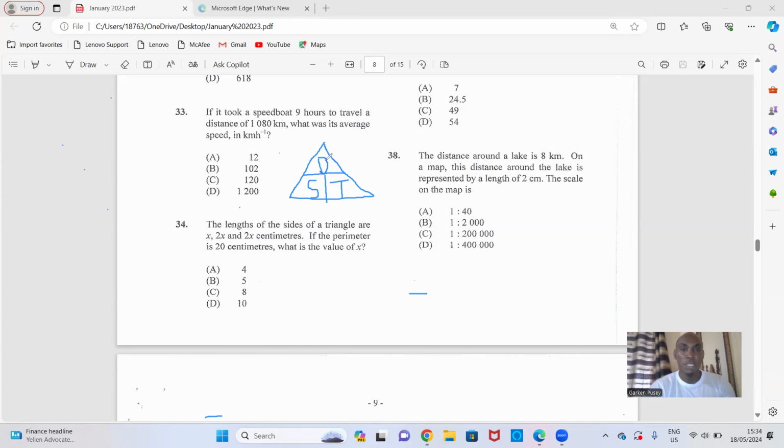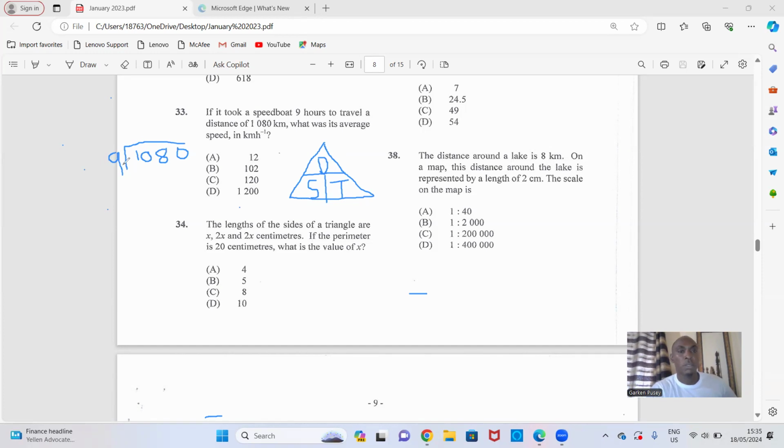So the average speed is distance over time. So we're going to divide the distance by the time. So let's just do our division. So I'm going to write 1,080 right here, because that is what we're going to be dividing by the 9. All right, so I'll just write 9 right here. Good. So that's what we're doing right here. We're dividing the distance by the time, which is the 1,080 by the